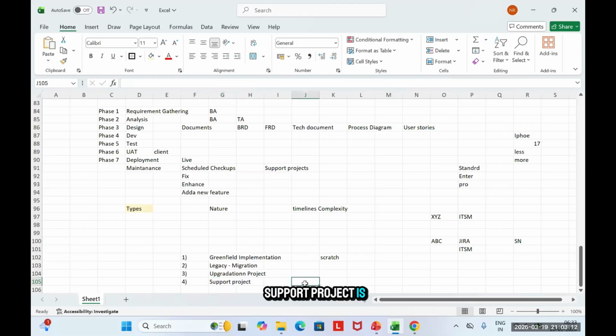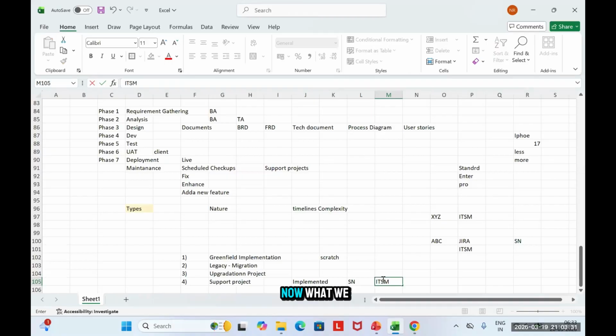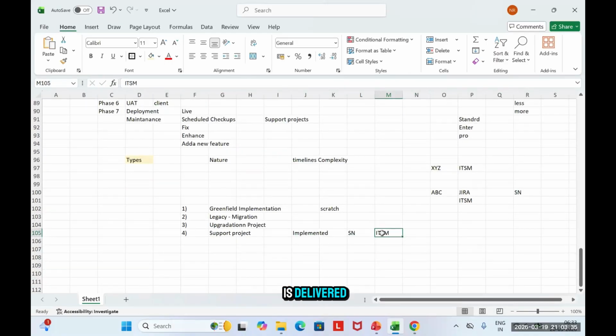Support project is something that has already been implemented, right? We have already implemented that, maybe in ServiceNow, ITSM is already there. Now what we are saying is that whenever a product is delivered, there can be certain issues with it.